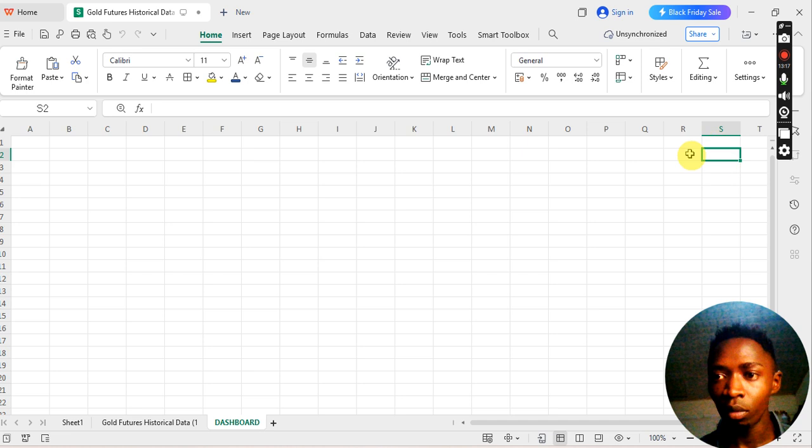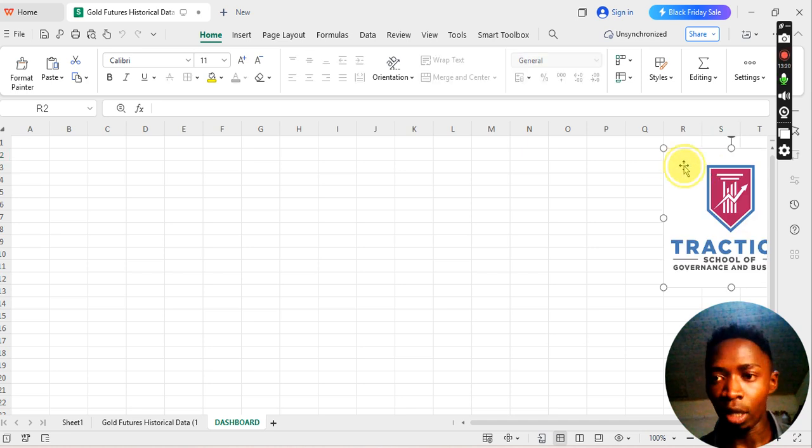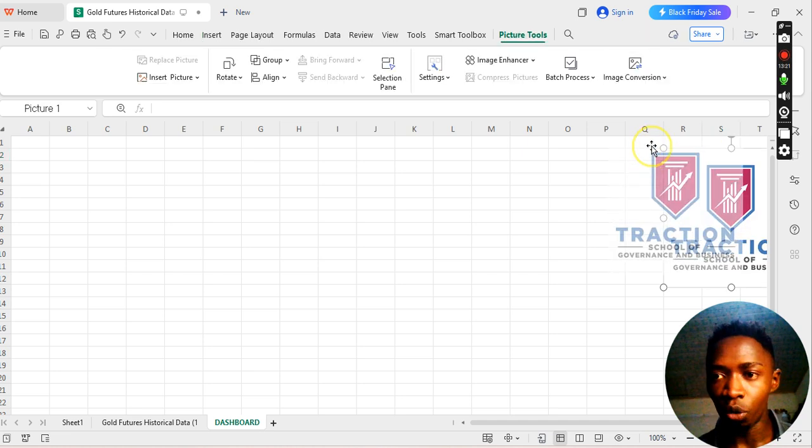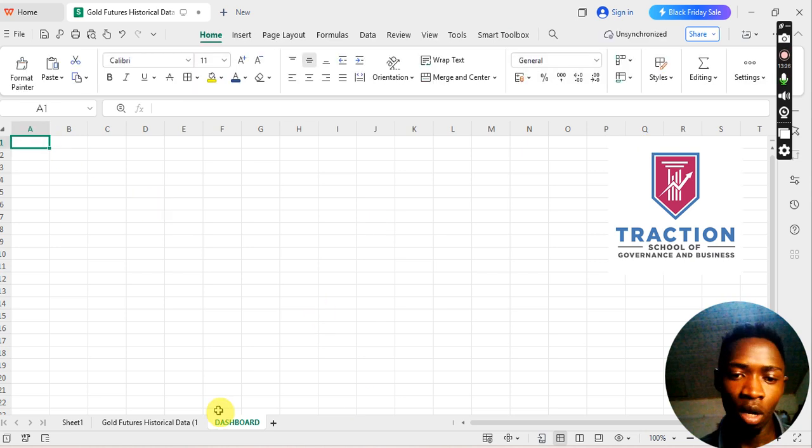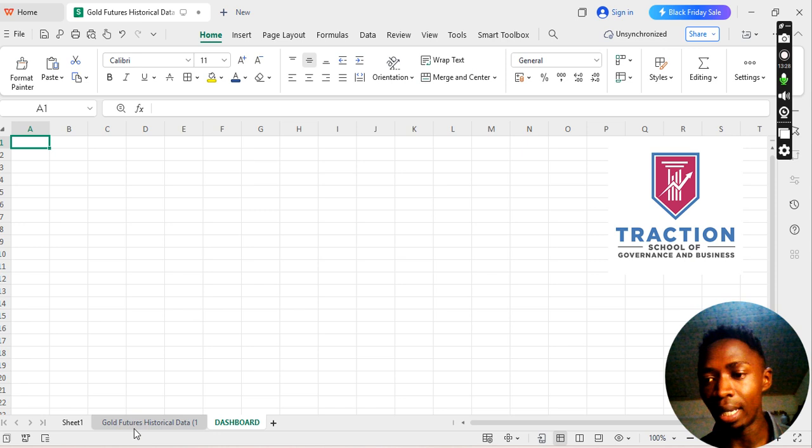This is where you'll be pasting your charts. Once you do the analysis and come up with a chart that is a summary of everything happening in your data,